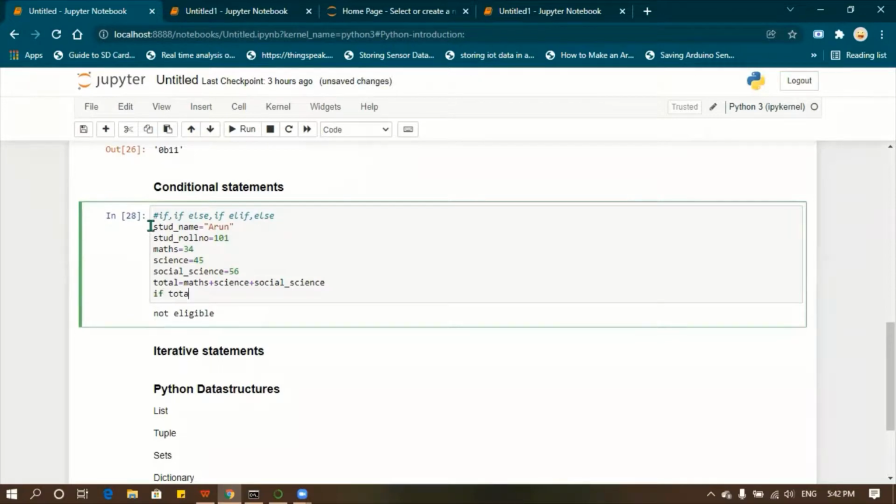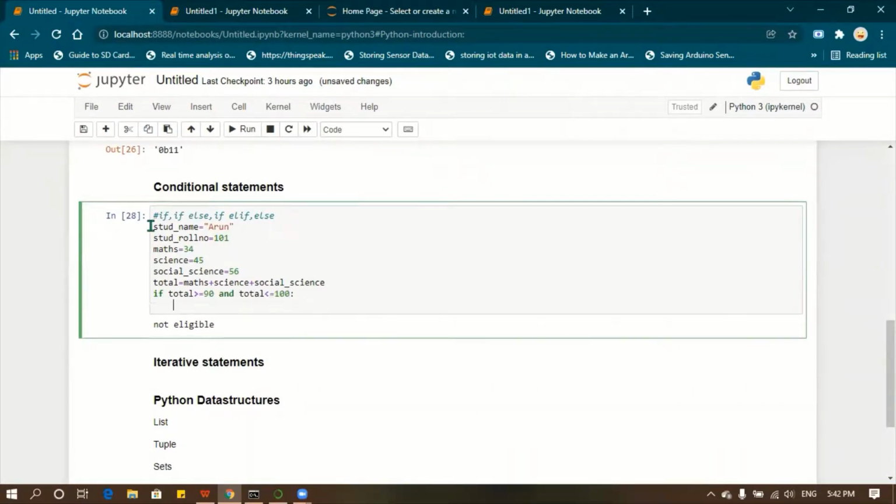If total greater than or equal to 90 and total less than or equal to 100, then give the grade A. Next, if it is from 70 to 89, it should be B. And then if it is from 50 to 69, it should be C.